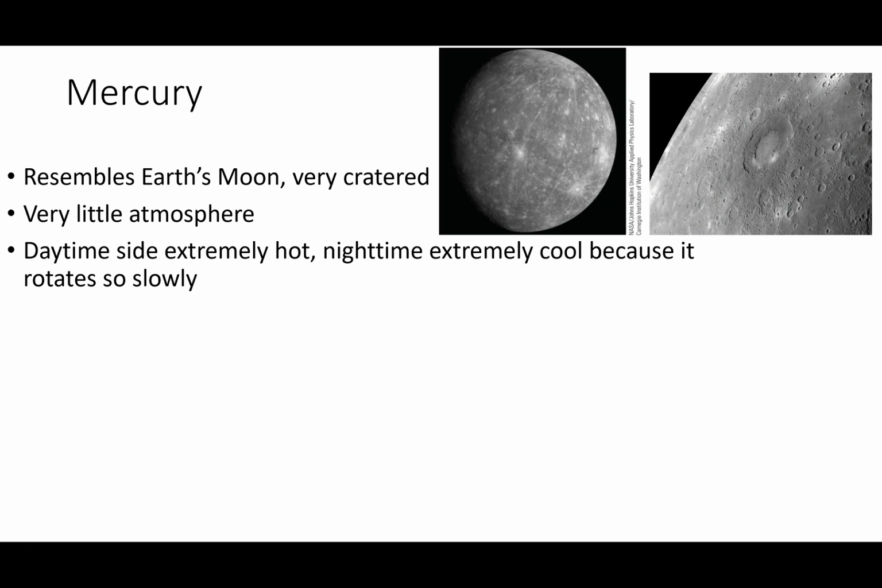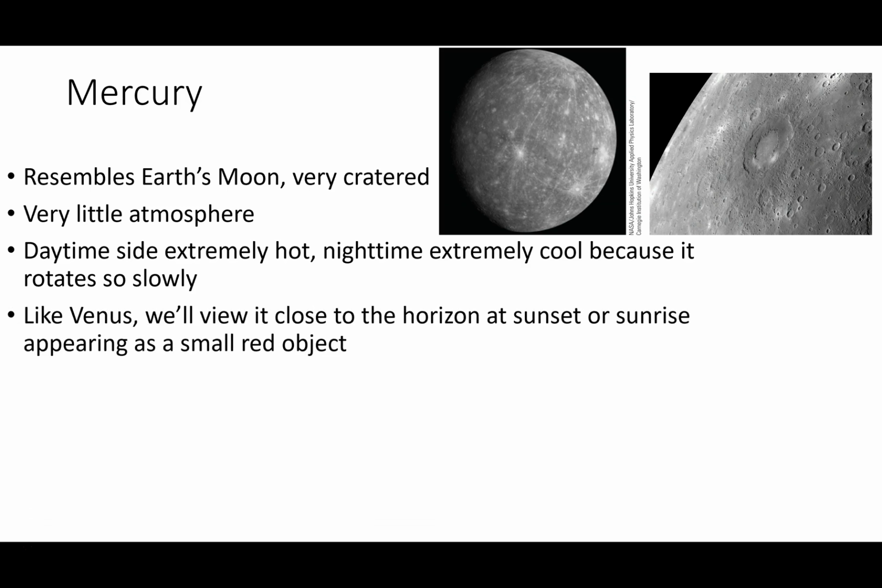It takes 59 days to spin on its axis one time. That's a lot. So anyway, the daytime side is very hot, the nighttime side is very cold. Mercury and Venus are what we call inner planets relative to the Earth. I tried to convince you of this, but if you picture, I'm the Earth now, so I have